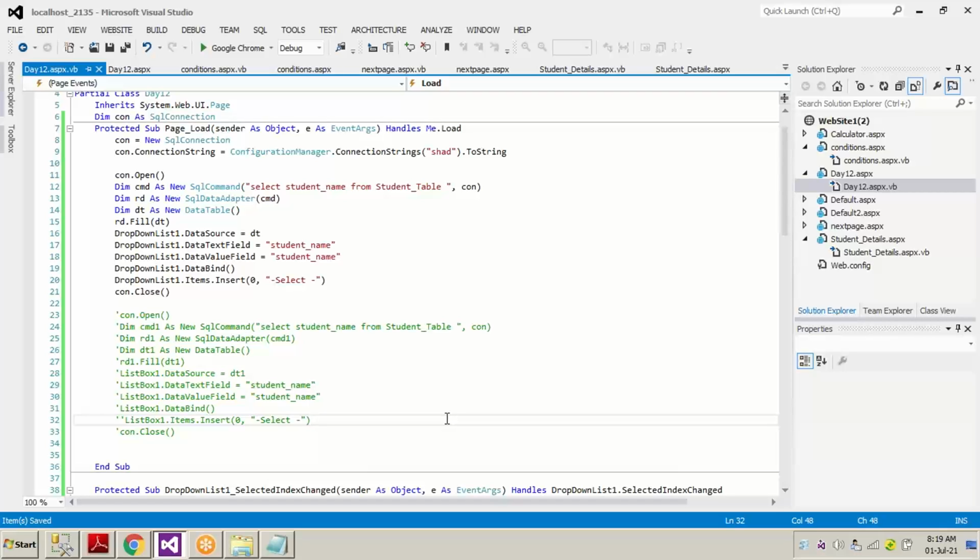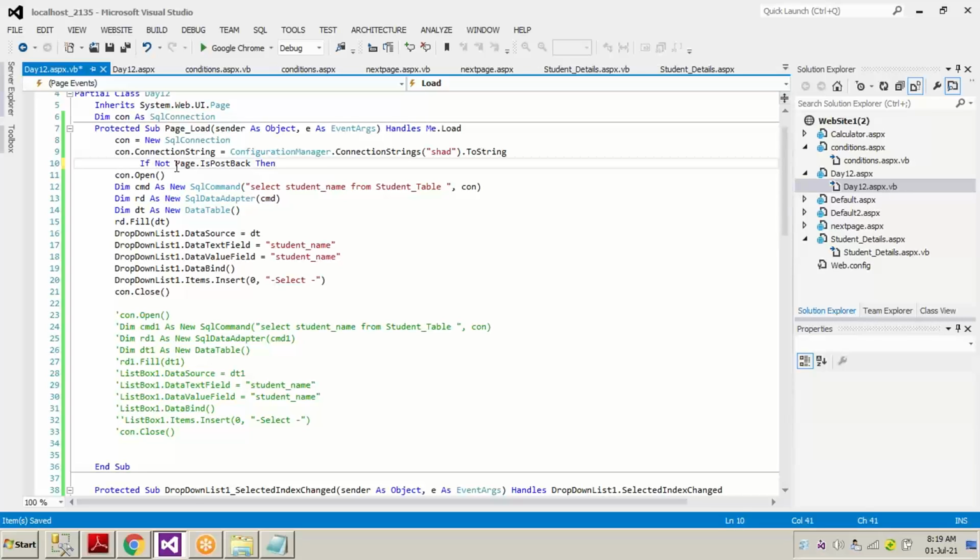We want that when we open a page, the code inside the load event should execute once, and after that, even if the page is refreshed many times, it should not be executed again. It will be executed only once, when the page is first opened.